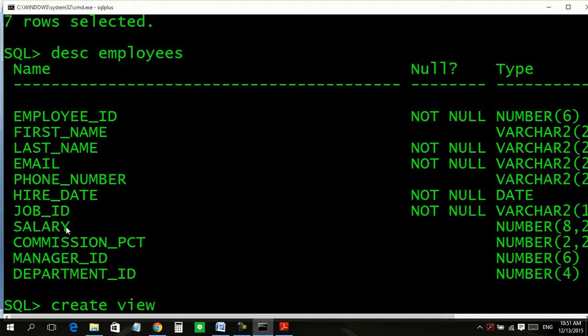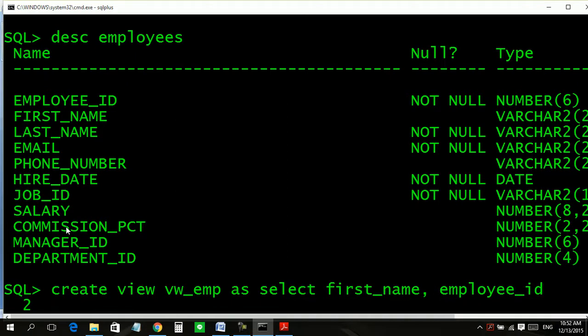You can treat it like this: create view VWEMP as select first name, last name, employee ID, and department ID from employees.